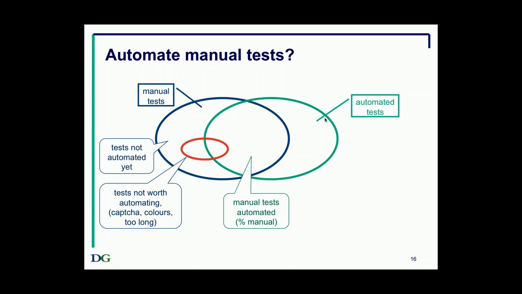There are tests in here, probably including some you've already automated, that shouldn't be automated. Some examples: CAPTCHA, when you have to type in the wavy letters. The reason for doing that is to prove that you're not a computer. So think about it for a minute. If your automated tool can type those wavy letters in, even though it's a computer, that means your CAPTCHA doesn't work. It's broken. I know there are ways around it to test it, but it's just an example of something which shouldn't be able to be automated.